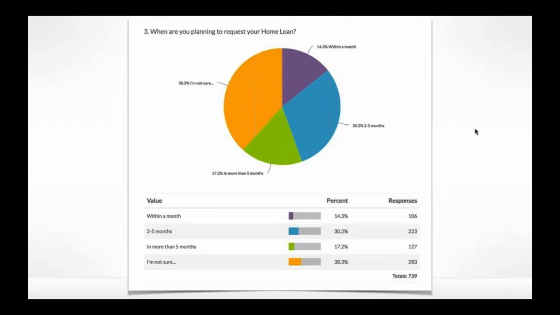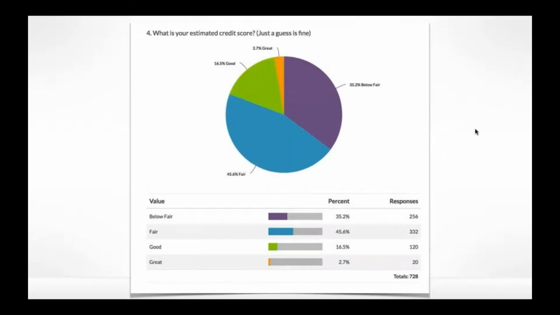This stuff absolutely works, but you've got to understand that the smallest sliver of the pie is what everybody is focusing on. It's not going to happen in the first 30 and 60 days. It's going to happen at 90, 120, and on and on. And the statistics show us that.